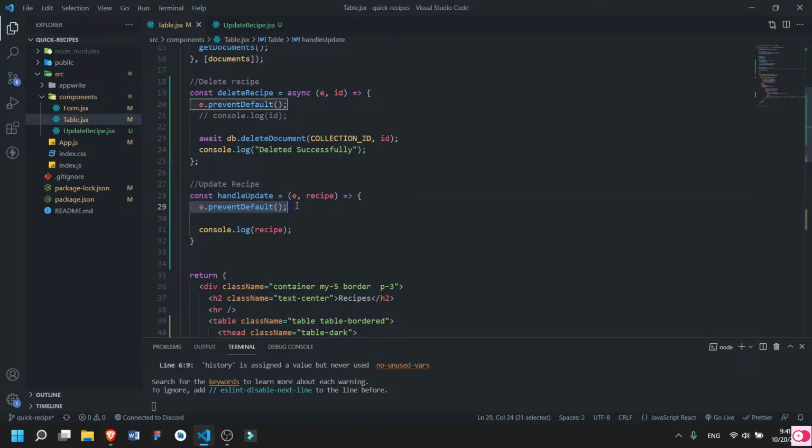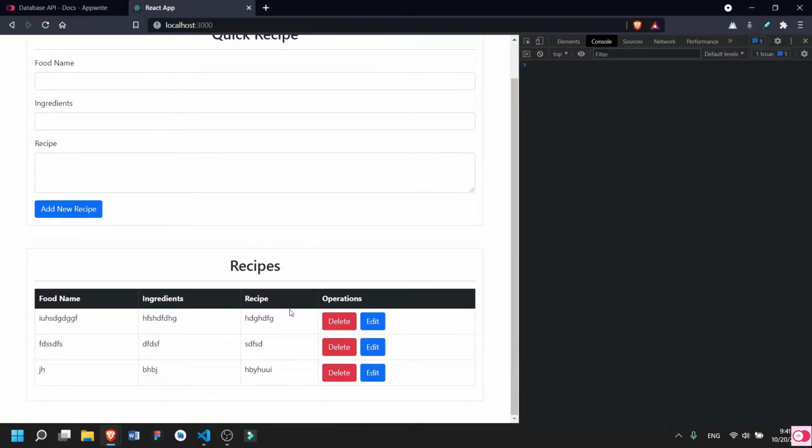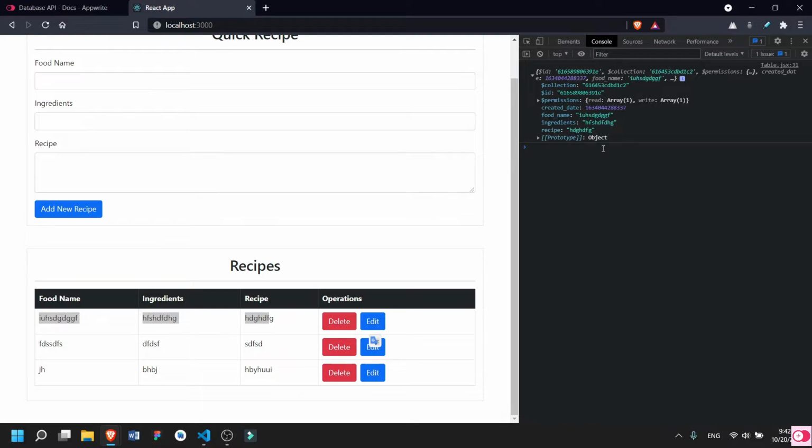An event will prevent the page from refreshing, and this will log the recipe in the console. So let's give it a try and click on this one, edit. Here you can see food name is this, ingredients is this, and recipe is this, and these are the details of this document.